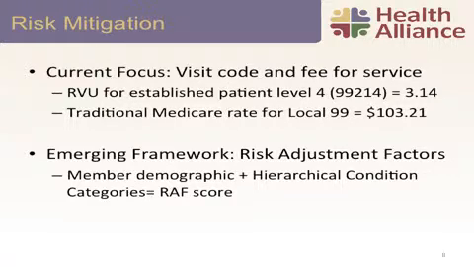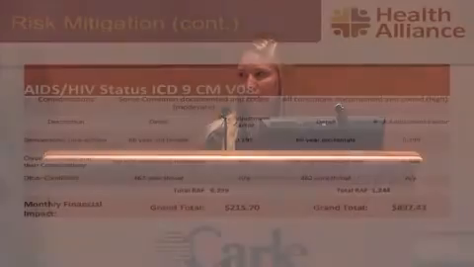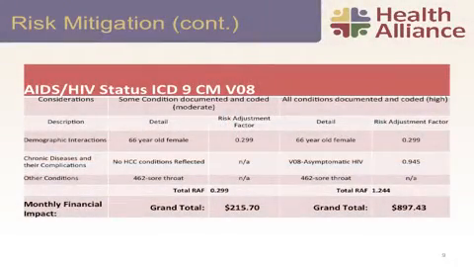From risk adjustment, what that does is it takes that member demographic that April had talked about, the age of the patient. Are they in downstate Illinois or are they in Chicago? And then it also takes in the conditions. The conditions are found in those hierarchical condition categories. It adds those two together, and then you get a risk factor. So let's look at an example of this to piece it together a little bit better. What we have